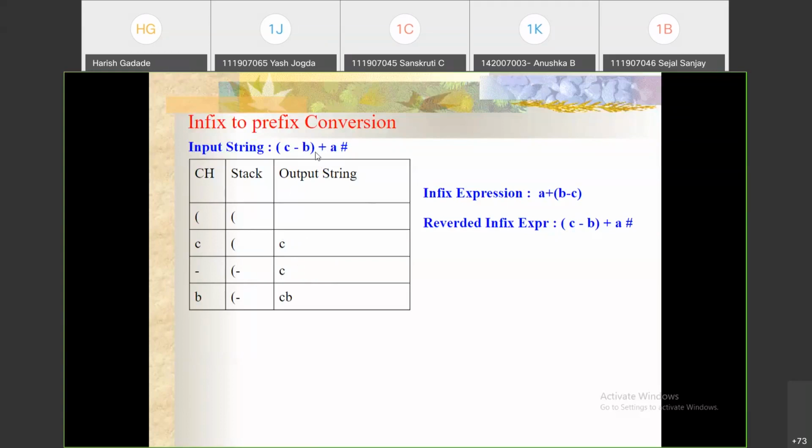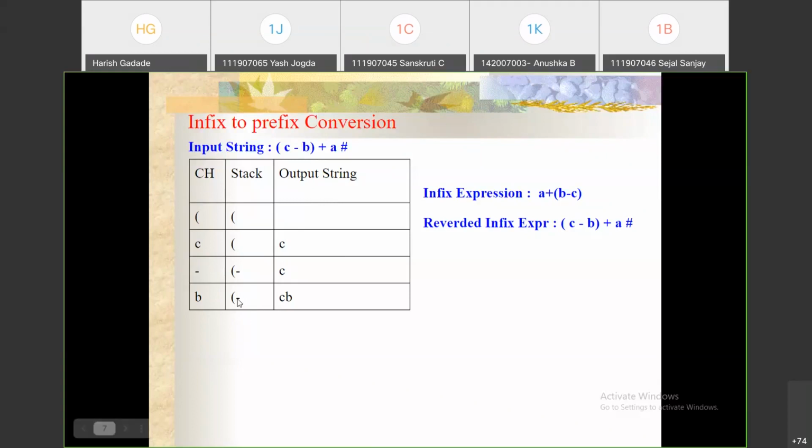Now the closing brace. See, when you get the closing brace, pop all the elements from the stack, add these operators to the output string, and discard the opening brace. So you can see here, when we get that closing brace, pop all these operators from the stack.